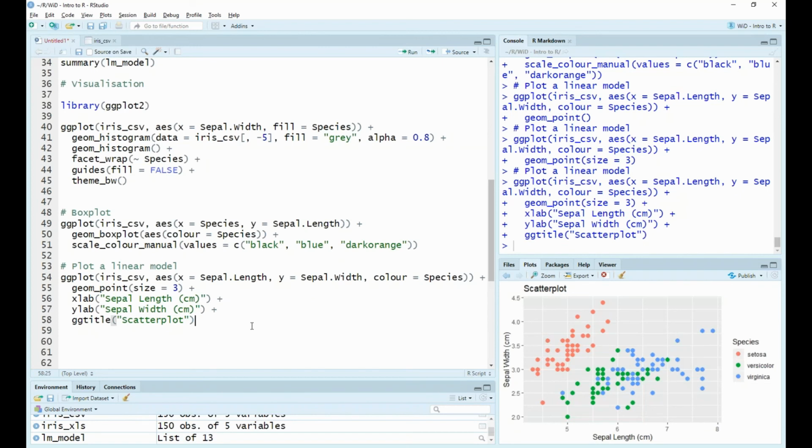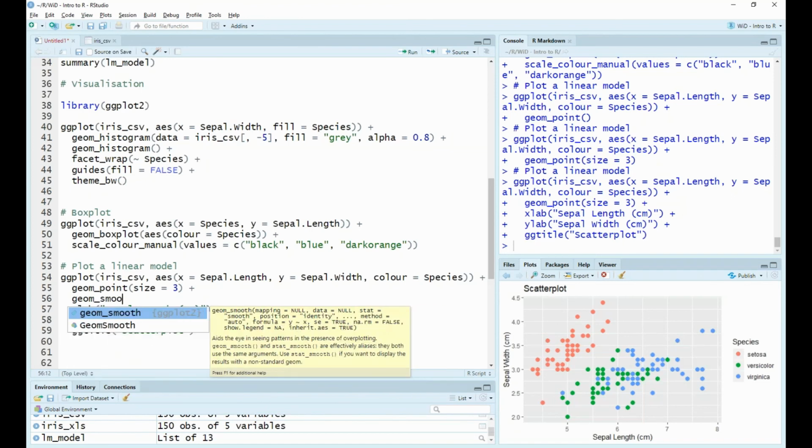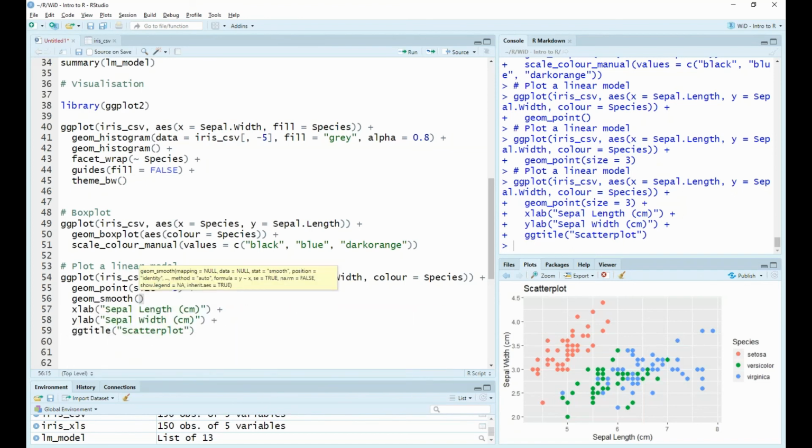So let's try and plot a linear model for each of these. We've just used a geom point so far, but we could also add another geometry on top of this. To do that, we're going to be using a geometry called geom smooth. Inserting that in here, all I need to do is call geom smooth, and I need to tell it what kind of method I want to use to fit this model. So I'm going to be telling it to use the linear model method. And when I add this,